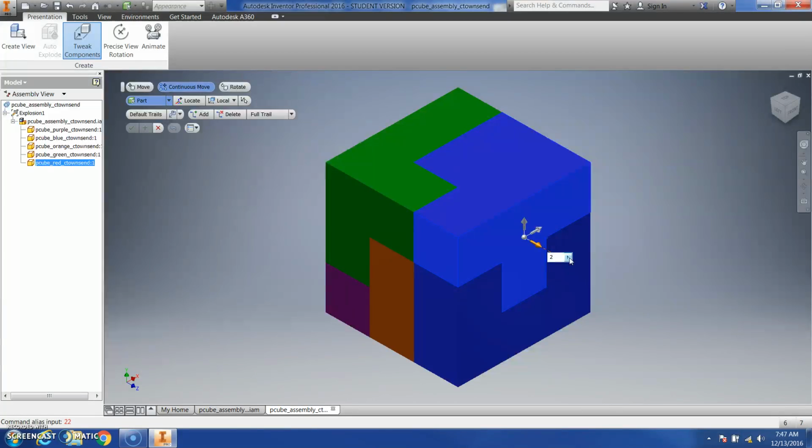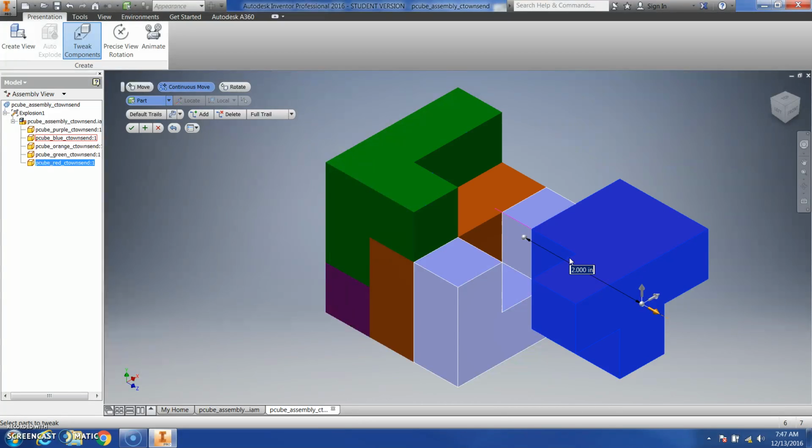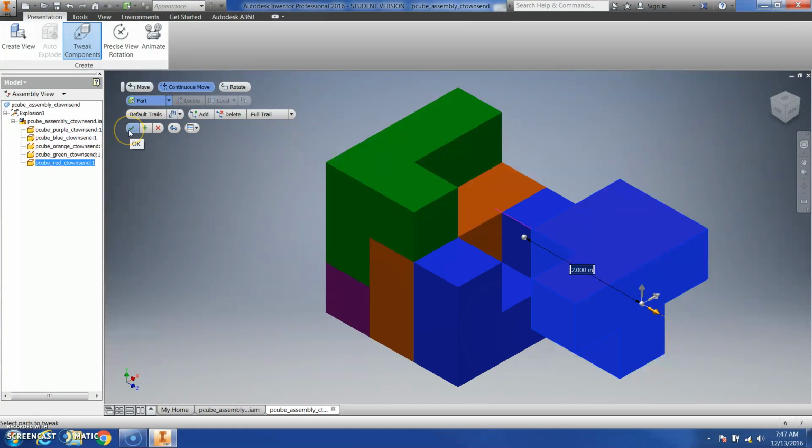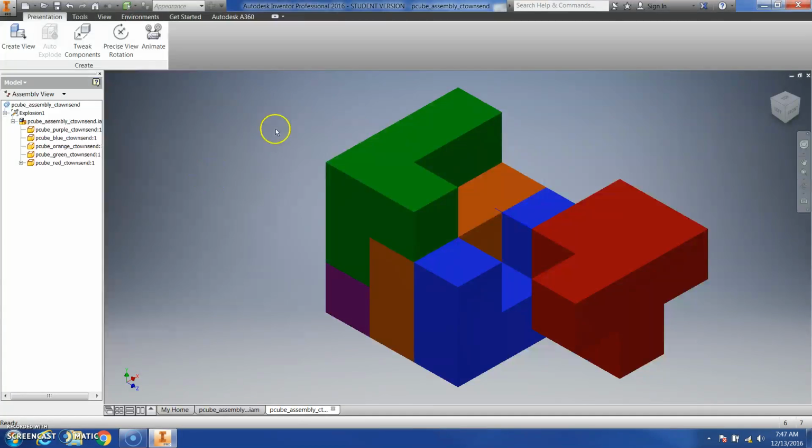It's default inches, so you don't have to put the inches symbol in, and then I'm going to hit enter. And that's going to move that piece out 2 inches. And then I'm going to hit the check mark up here in my Tweak Components, and that'll finish that move for that piece. I'm going to select Tweak Components again, and then I'm going to go select the next part